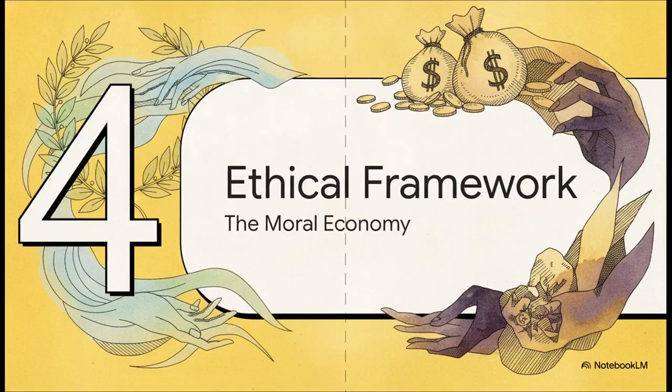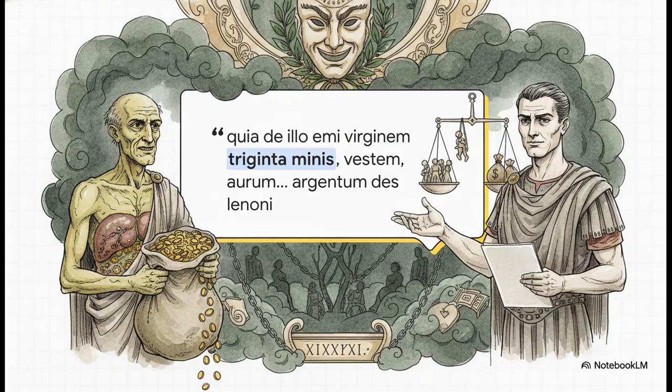Part 4. Ethical and philosophical framework, the moral economy of the stage. So what does this all mean for the text's internal moral economy? Well, Plautus maps virtues, vices, and unchecked financial greed directly onto the antagonistic figures of the play, creating a stark contrast between characters seeking genuine human connection and those driven purely by capital preservation.